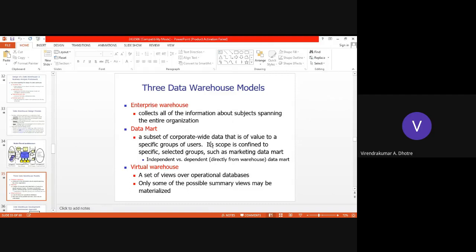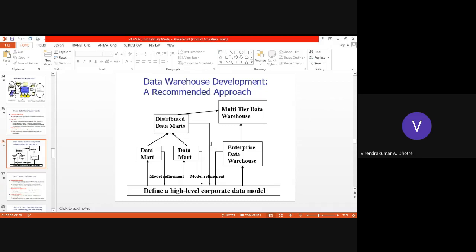So a virtual warehouse has a limitation, but we look at it as an operational database warehouse where those things are required. And if those things are required in such a way, then we provide it. So this is the third model: enterprise warehouse, data mart, and virtual warehouse.